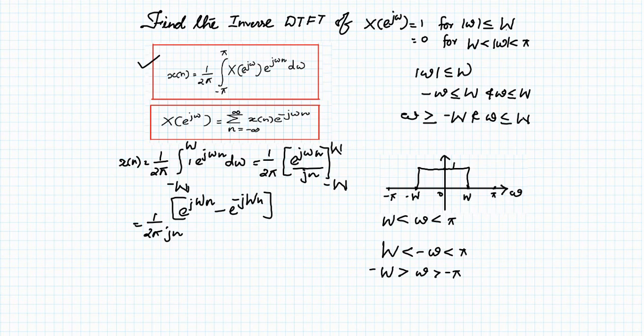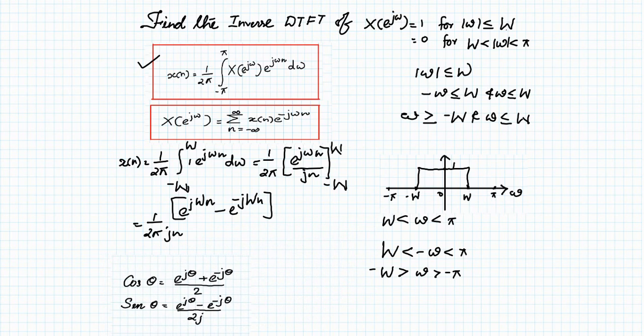We know the basic equation for sin theta and cos theta. This is a formula. So cos theta, you can write e raised to j theta plus, now it is written in minus, so it will be sin theta. So for that you need 2 and j, so we can group this 2 and j, e raised to j wn minus e raised to minus j wn. So your final answer will be like this: